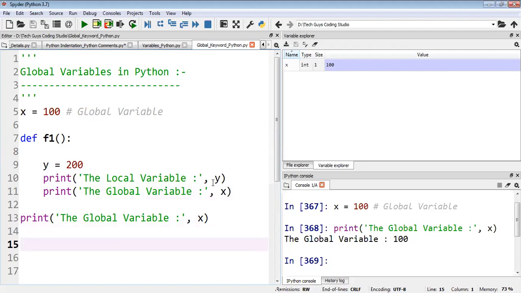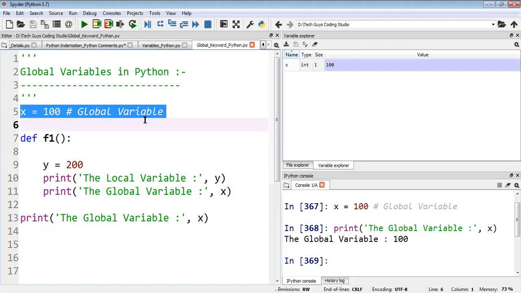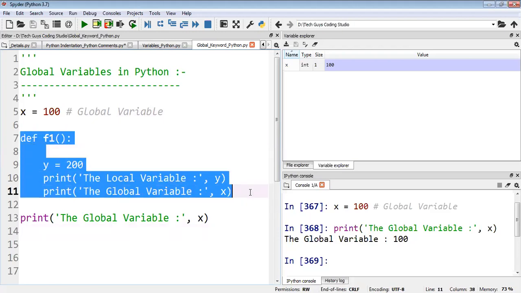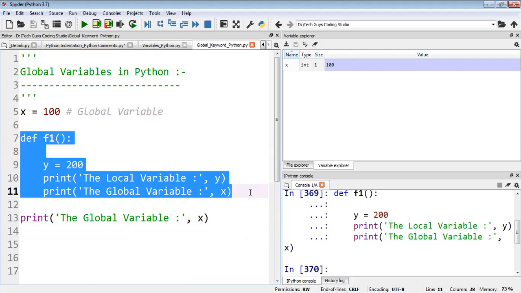Now I'll show you one thing. Here you can see this is the global variable. Our question is: can we access a global variable outside the function or inside the function? This global variable I'm accessing outside the function, and I'm able to, as I showed you. Within the function, can I access it?